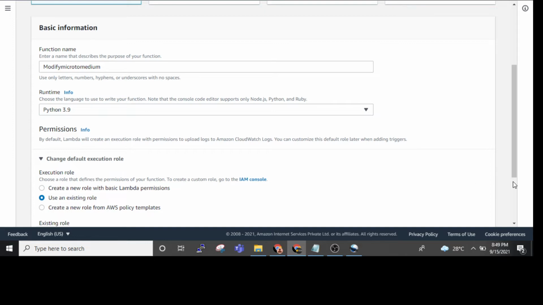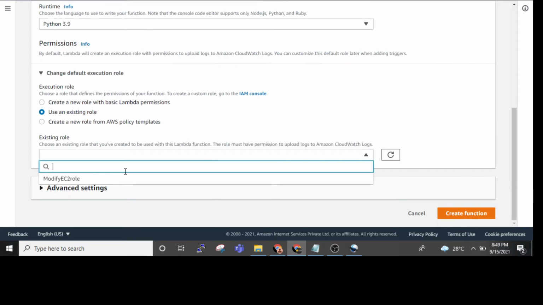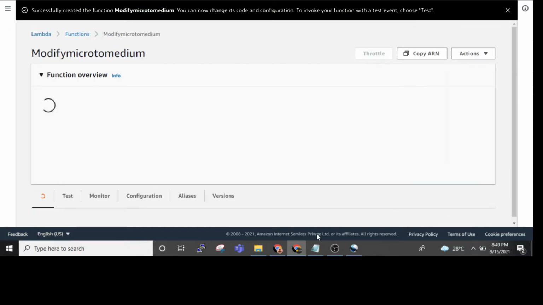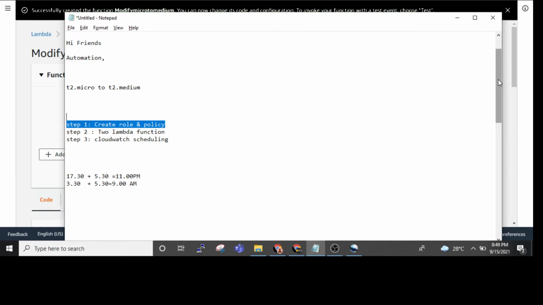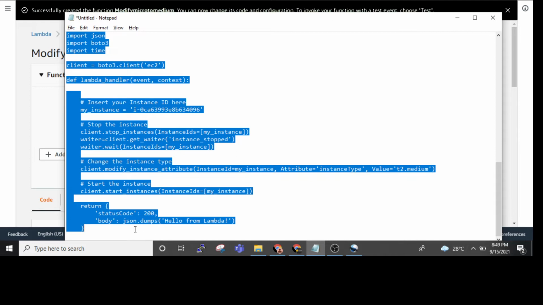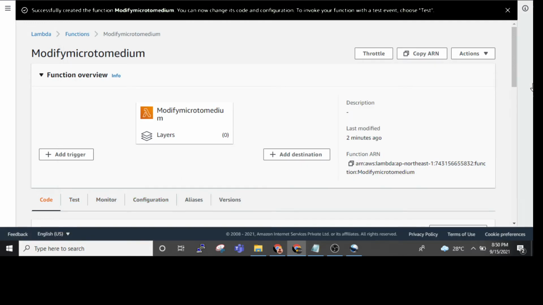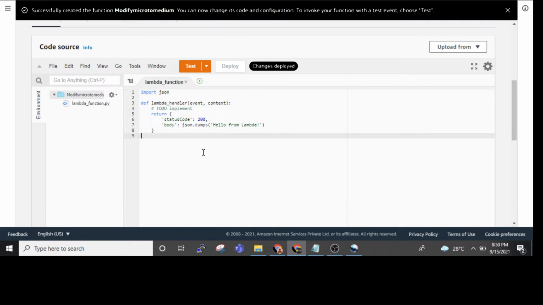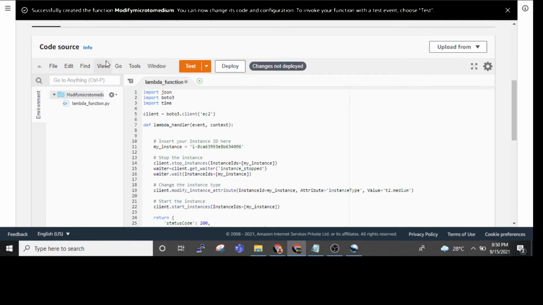We have already created that role, that we need to select, modify EC2 role, and create function. So this first function we have created, and which code we need to give. So I am giving you here the codes, which code we need to apply. So these are the codes. So copy this and we need to delete this and paste here.